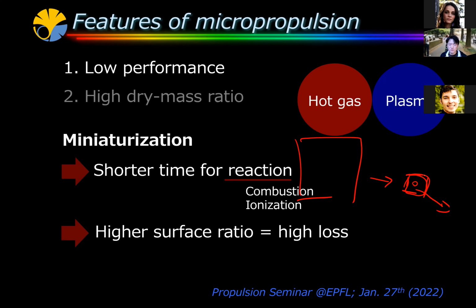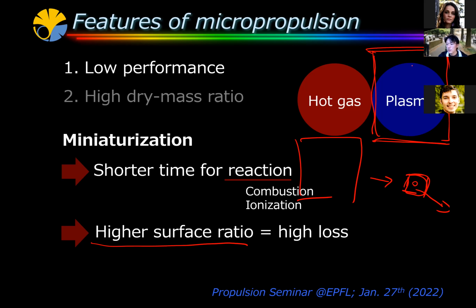In the case of combustion, maybe the reaction can be insufficient, so some uncombusted material would be ejected. In the case of plasma, some particles would be ejected before ionization. So this kind of reaction can occur in miniaturization. And also, the next one, higher surface ratio. In any cavity, for example, when you produce a plasma inside a cavity,